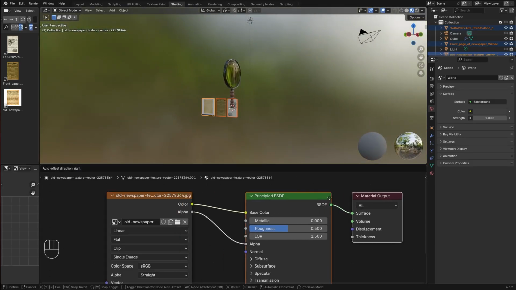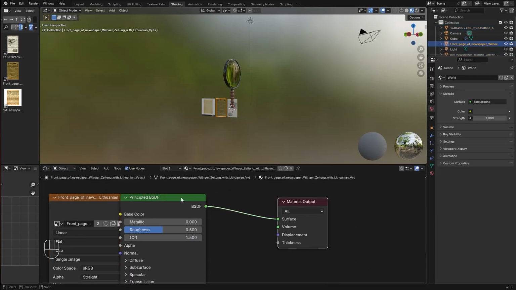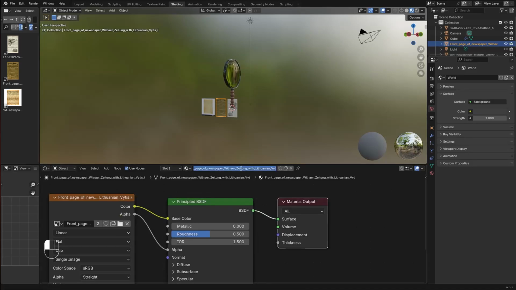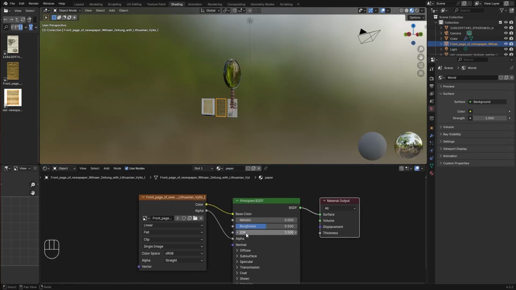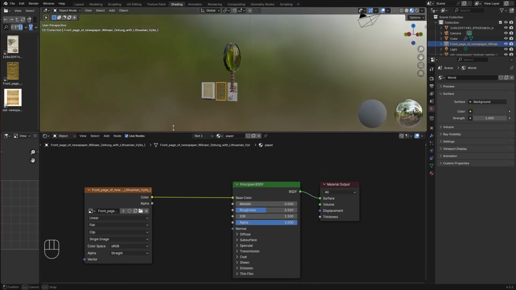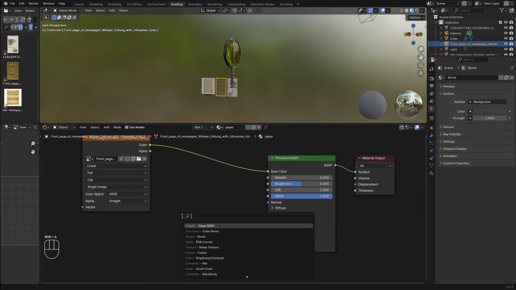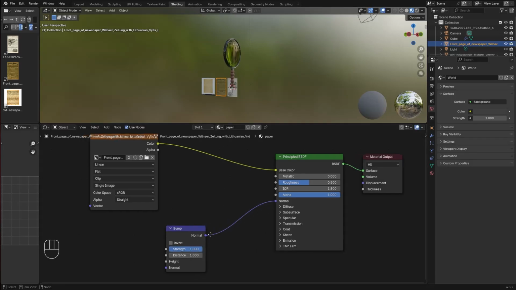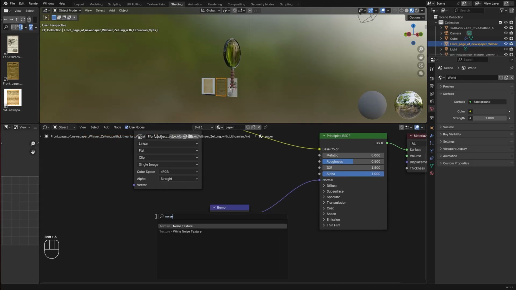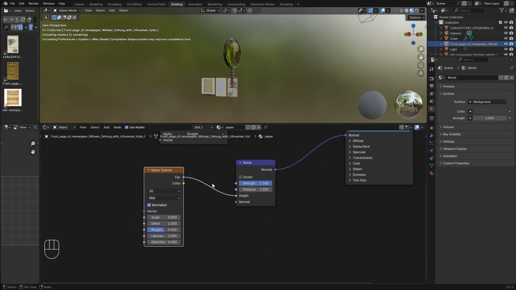I'm going to take one image here, and I'm going to change the material a bit. I'm going to change it called paper. Going to connect it back. On these papers, I wanted to have a bump map, and so I'm going to add in a bump node, and I'm going to connect in a noise, again, noise texture. I'm going to make the noise very big, so it looks like it's a little bit rough. Something like this should do it,